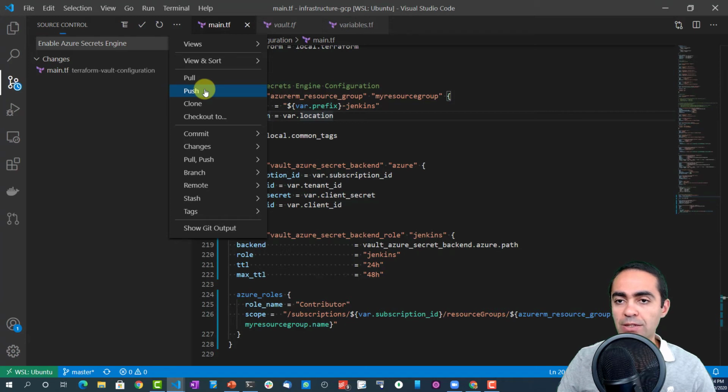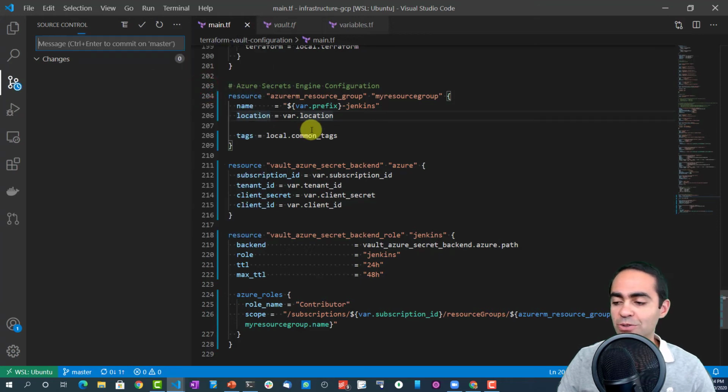And once again, the version control system connection or workflow is going to kick in. And this will trigger a plan inside of Terraform Cloud that will eventually provision the Vault server to have the Azure Secrets Engine created. Okay, so that got pushed, and let's go over to